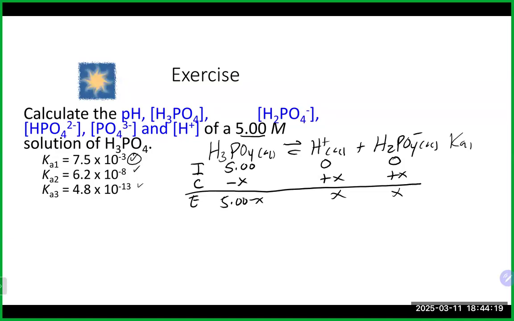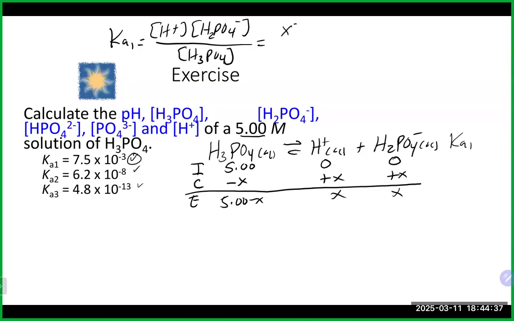This will go into our Ka1 expression, which is the products, H plus and H2PO4 minus, divided by our H3PO4. Putting in our values, it's going to give us x squared over 5 minus x